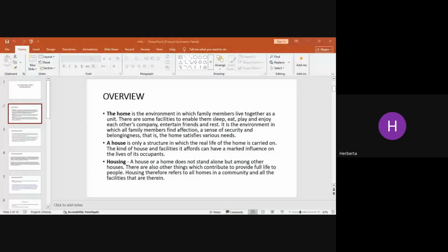Okay. So we looked at the house as the structure of a building. Whenever you finish putting up your house, that